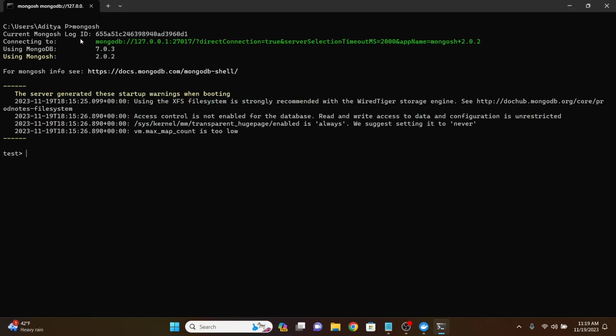Now, the very first command you want to know is mongosh, and this connects and opens the Mongo shell. If you want to use a specific host or port number, you can use --host with the host name and --port with the port number. I am going to stick with the normal one. And once you press enter, you can see the current version of MongoDB that you're using